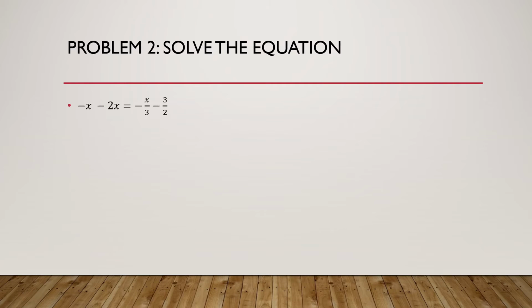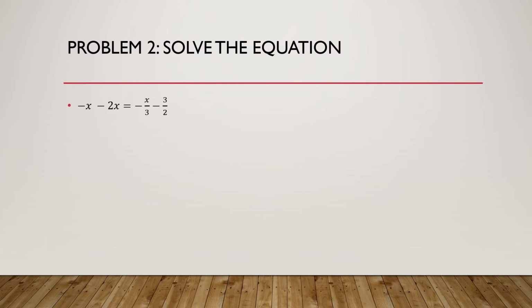Okay, guys, problem 2. Solve the equation negative x minus 2x equals negative x over 3 minus 3 over 2. Again, you want to make sure that you have your coefficients on one side of the equal sign and your constants on the other side of the equal sign. Alright, so luckily we already have